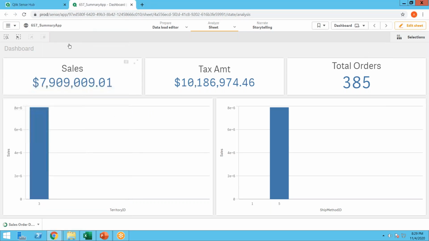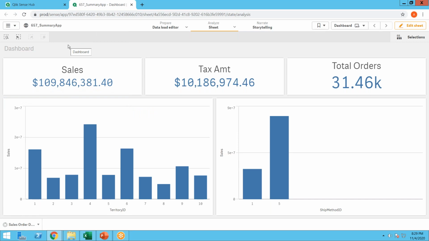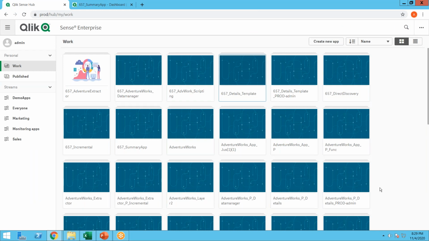Now there was a challenge, right? So what the challenge was, a lot of users complained, okay, I have to go to another app to see information. I can't see things. It does not make sense. It is better if I can see that in the same app. So those are the questions that came up. So what Qlik did was they addressed the question. So what they said, okay, in the template app,